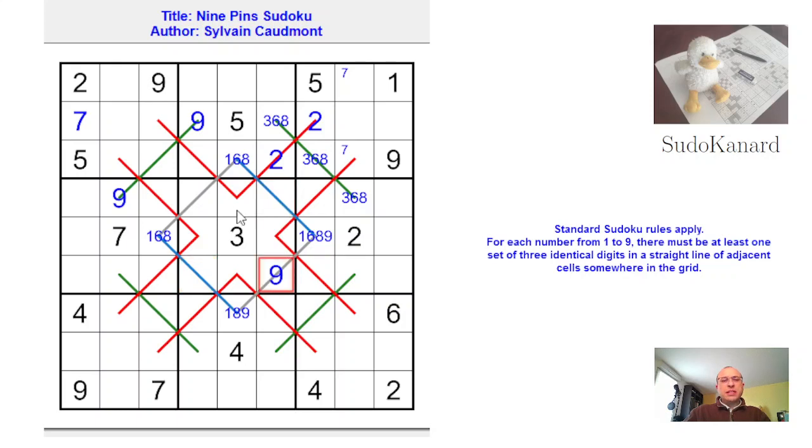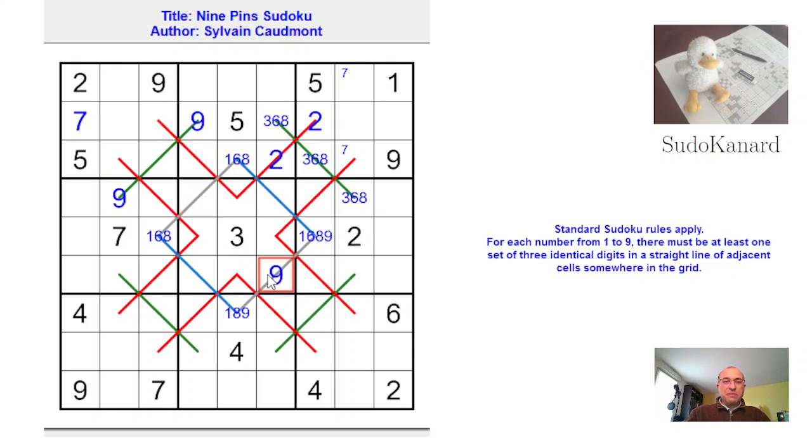So if the repeating digits are on the blue lines and not on the gray lines, then it will mean that those must be repeating on the green lines. But then